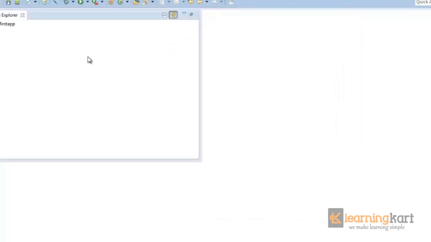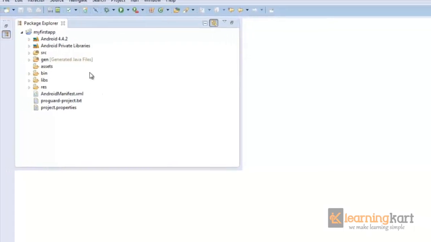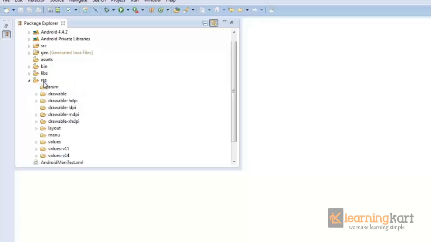Within the Package Explorer, this is where it comes. Before getting to know what all these folders are, we'll add some stuff to this so that we can see what files go to what place. As we had seen, an activity or a page on an Android application has a UI screen. How do I make this UI screen? I'll go to this res folder. This res is a shortcut for resource. I'll go to the layout.